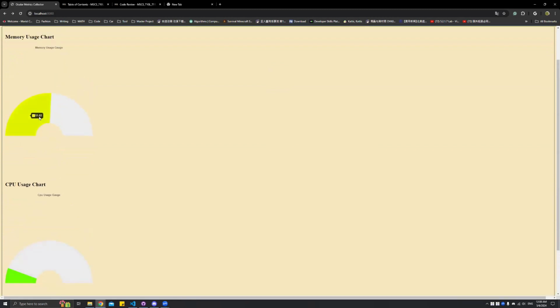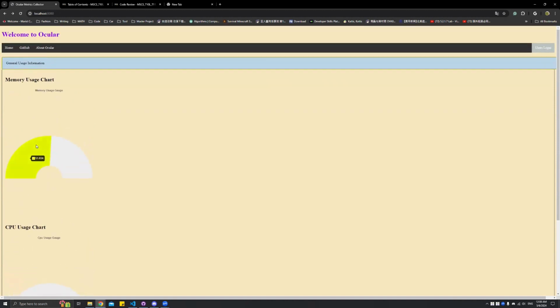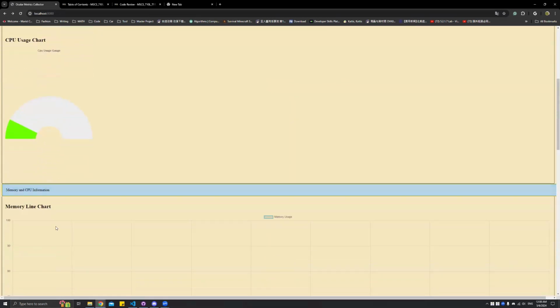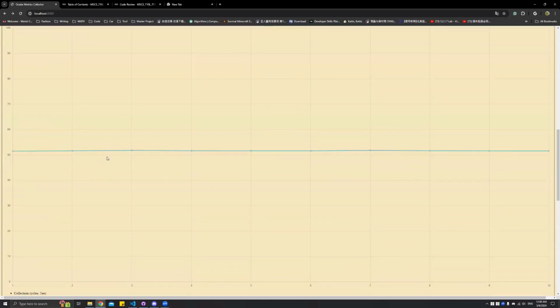The chart colors will change based on the usage. For example, as you see right here, the CPU usage is lower than 20, which will turn to the green color. If it's between 50 and 80, then the chart color will turn to yellow. It's going to turn to red if the usage is over 80. So for the memory and the CPU information, as you see right here, we got two line charts,